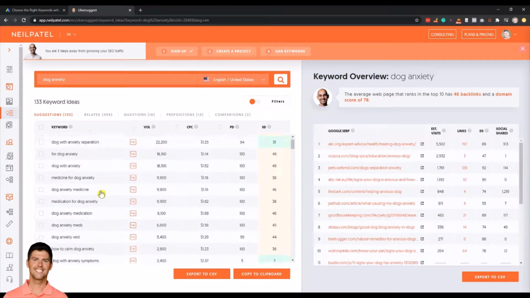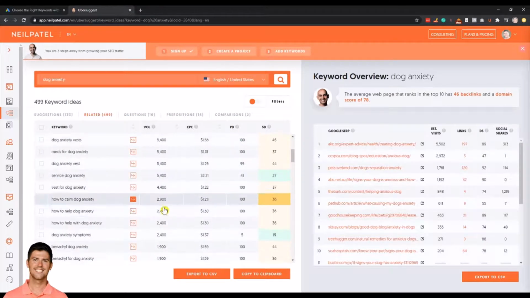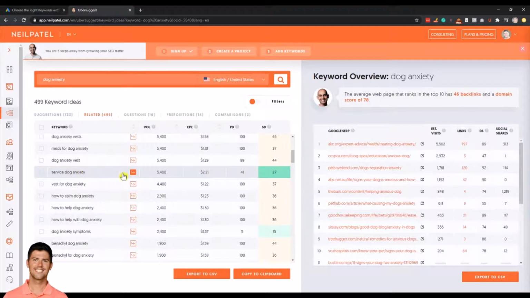Also, while we're here and we have this filter set, we can look at related keywords. So going back to what we were talking about earlier in the video, I want related keywords. So this is a good way to do that. Questions, prepositions, comparisons, again, also a good way to do that. Service dog anxiety,